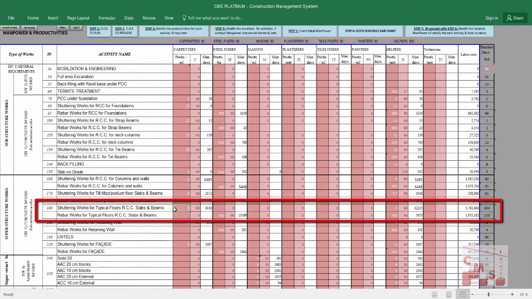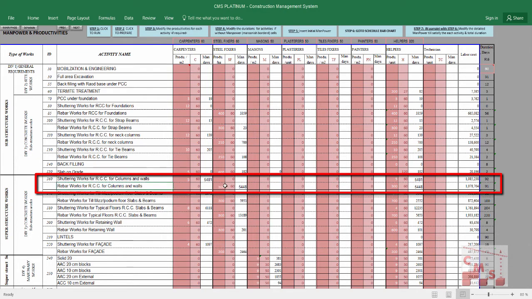That means each 8 meters need one carpenter and two helpers for scaffolding fixation, for shuttering with timber, and deshuttering and back propping. For steel fixing for a column or walls, let's consider here one steel fixer will give us 300 kilograms of steel fabrication and installation. And also, one helper will give the same. That means one steel fixer and one helper will give us 300 kilograms of steel fabrication and installation,